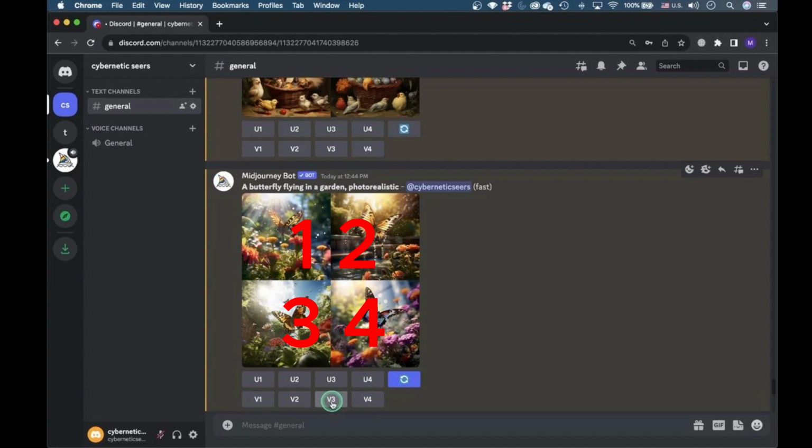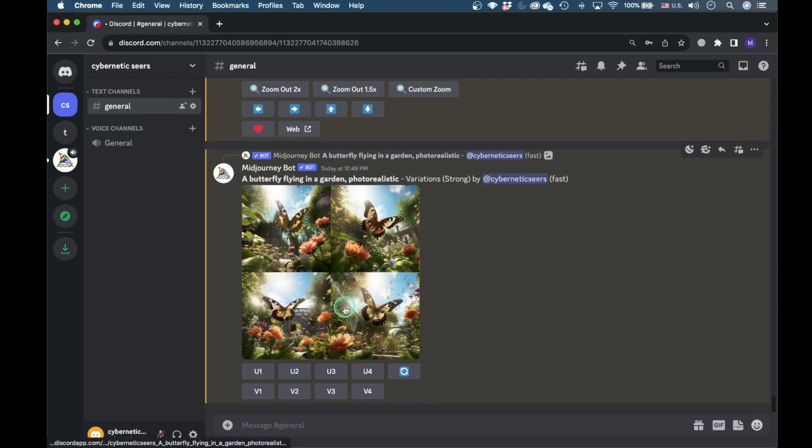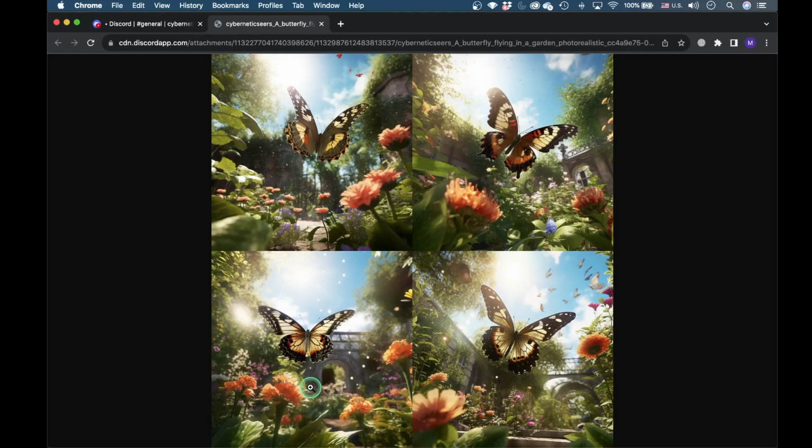Like the re-roll button, if we think one of the grid images is closer to what we wanted but it's still not exactly what we want, we can then press these buttons labeled with prefix V to rerun the prompt to get a variation that has a similar style and composition to the chosen image. Let's say I want to have a variation of image number 3. Let's select V3 and see what Midjourney does. So we can see that Midjourney has now created images which are similar to the image we selected previously. And all of these images themselves look alike.